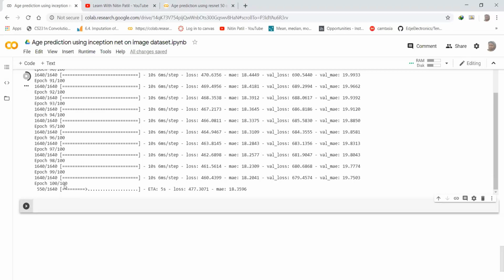Now you can see the last epoch is going on, and we are getting a validation mean absolute error of around 19.75. Now the last epoch is also completed and it is around 19.72.